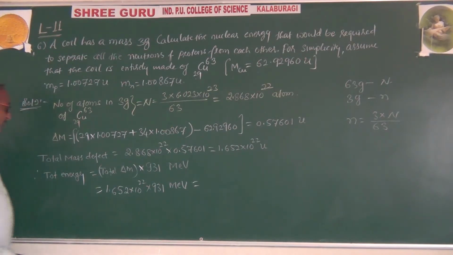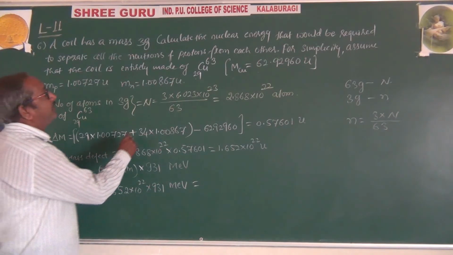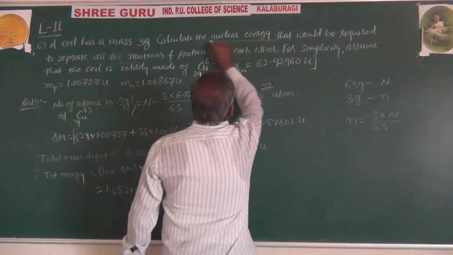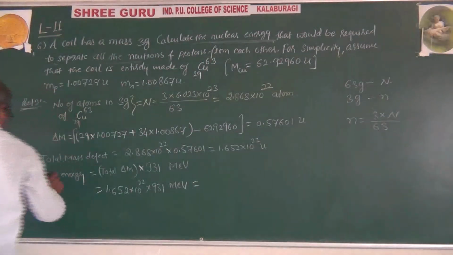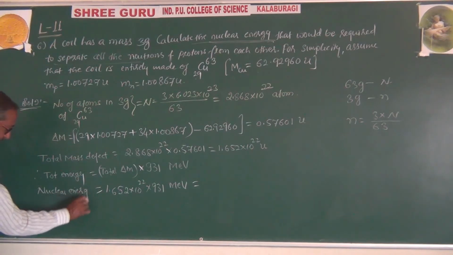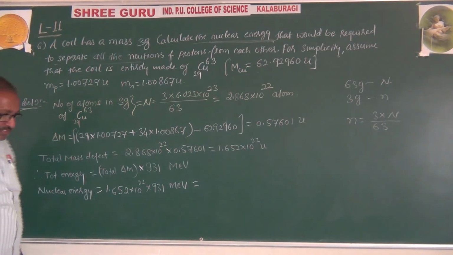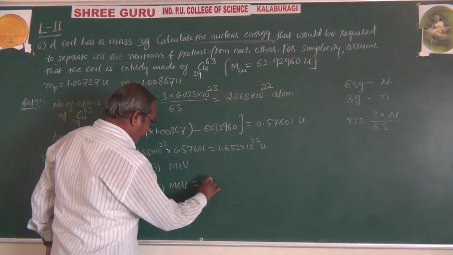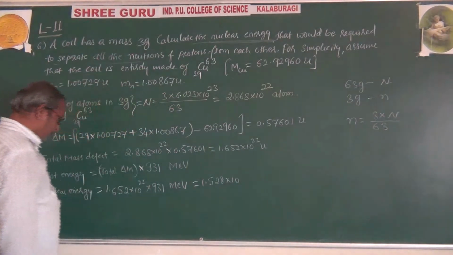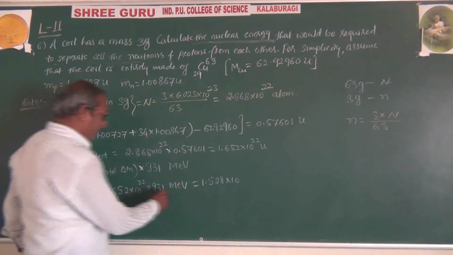This total energy here is to separate all the nucleons. This total energy itself is the nuclear energy. After simplification, here you will get 1.528 into 10 to the power 25